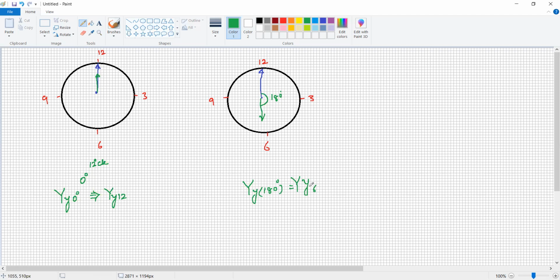For the delta delta also, suppose this is the delta delta connection, so DD, 0 degree, it is represented as DD 12. Similarly here it is a DD, so it is opposite, 180 degree apart, which means the voltage induced in the primary winding and the voltage induced in the secondary winding per phase are 180 degree apart, and they are opposite to each other. So DD plus 180 degree, or 180 degree simply. So here it is a DD6. In this way, the vector group is represented.